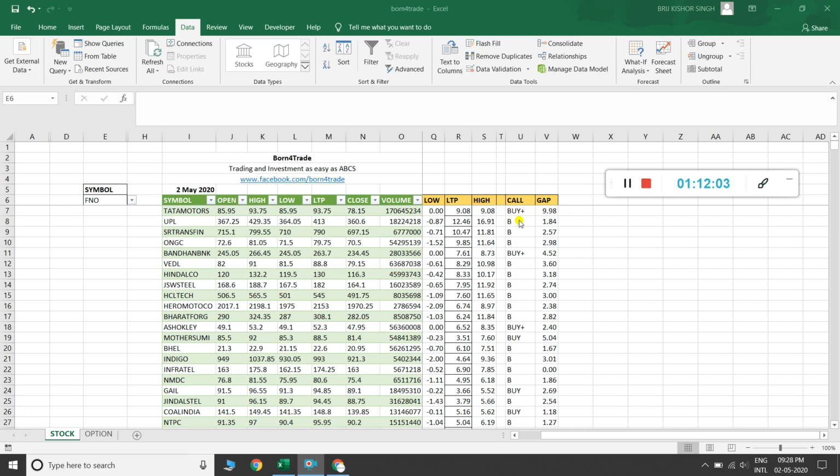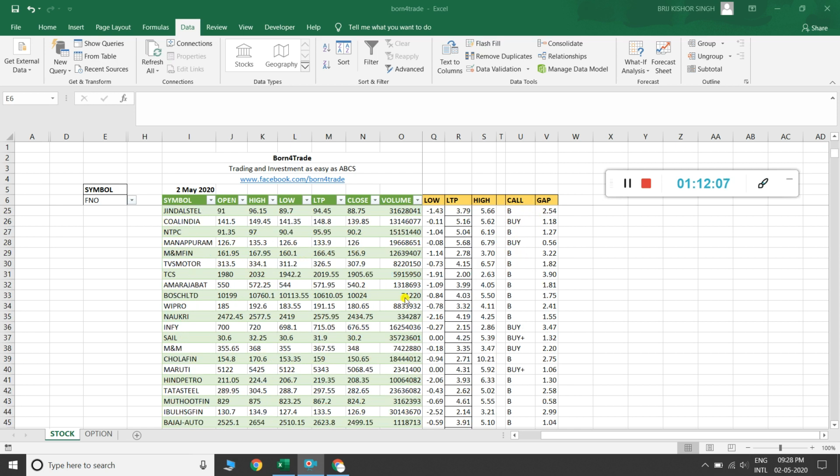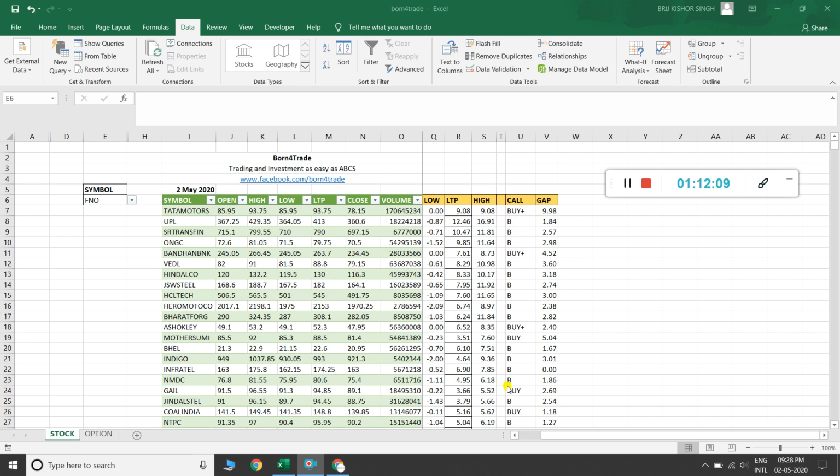These 6 types of signal are generated, and all the stocks are divided within these 6 signals, and you can compare them with your trading setup, first check this type of signal, and then you can trade.